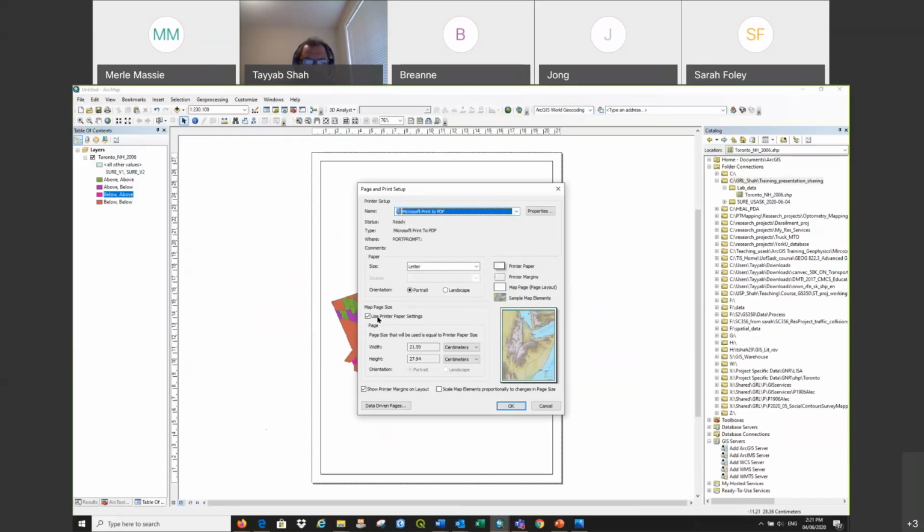Then we have this printer page setting, and uncheck this one. Now this is open for us to change the size of the map. So we will change the unit to inches, and look at the 8.5 inches by 11 inches by default. So normally when you have a report, paper, anything, you have A4 size paper, which is normally 8.5